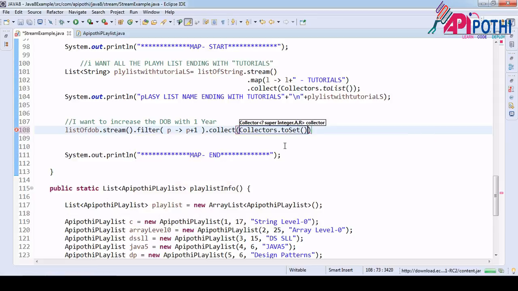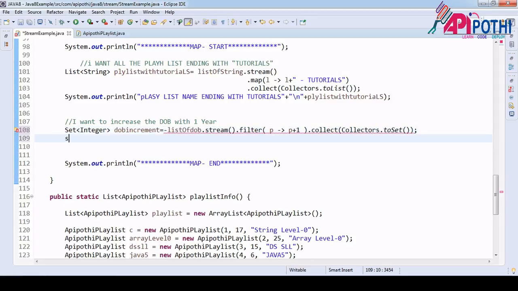Okay, let it be set. Now set of which type is date of birth? Integer type, DOBIncrement. Now I want to print this one.